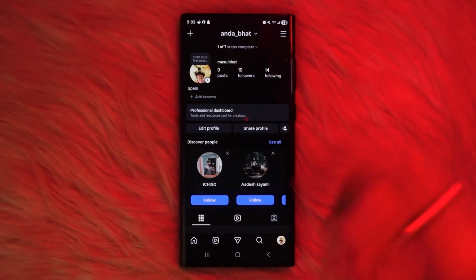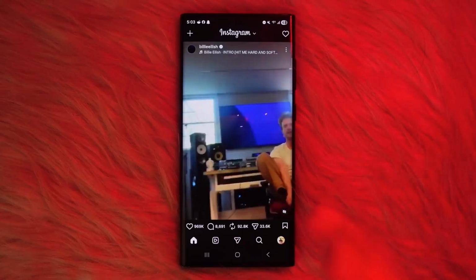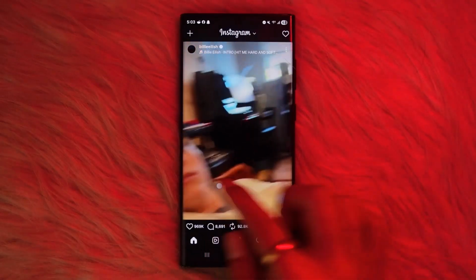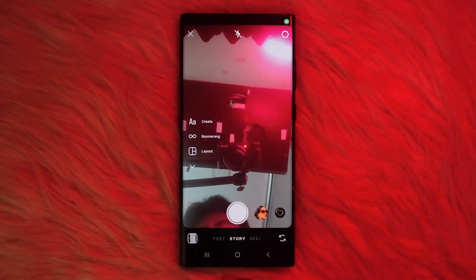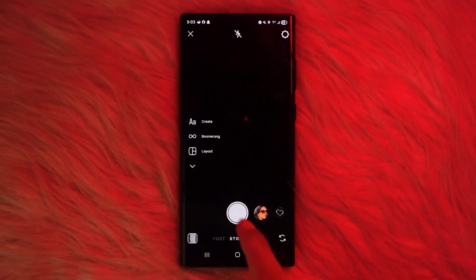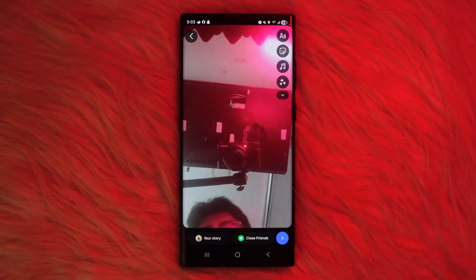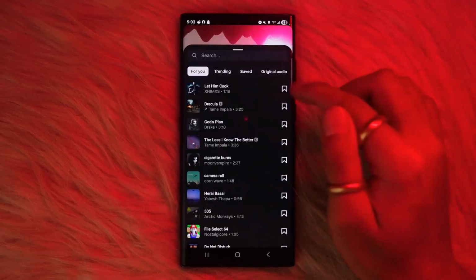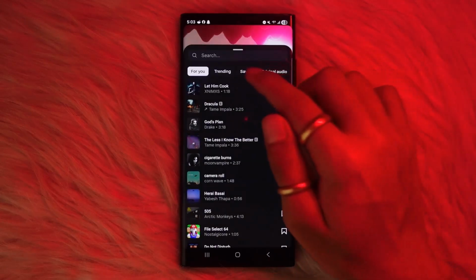Now, to add music on your specific story, go ahead and swipe towards right from your home screen, then select any image from your gallery or just take a picture. Once you're done, go ahead and simply tap on this music icon and you should be able to find this